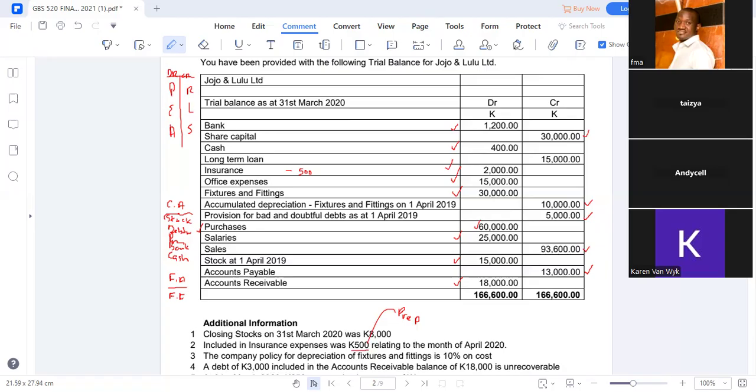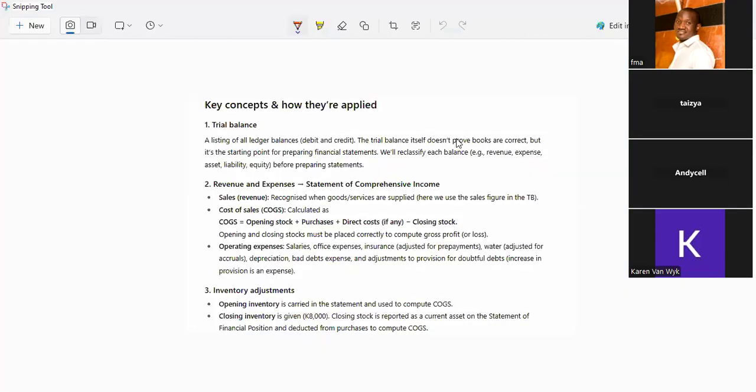All right. Are we together? So I'm just not yet started. I want to fortify on the things that matter. So let's look at the concepts and how they are applied. A trial balance is a list of balances. So we have the debit and the credit. So we have revenues and expenses. So to calculate the cost of goods sold,